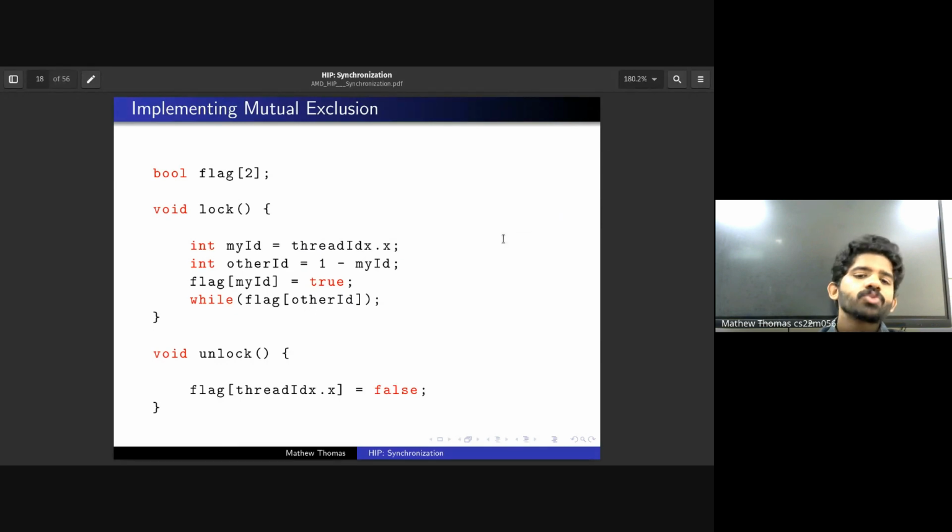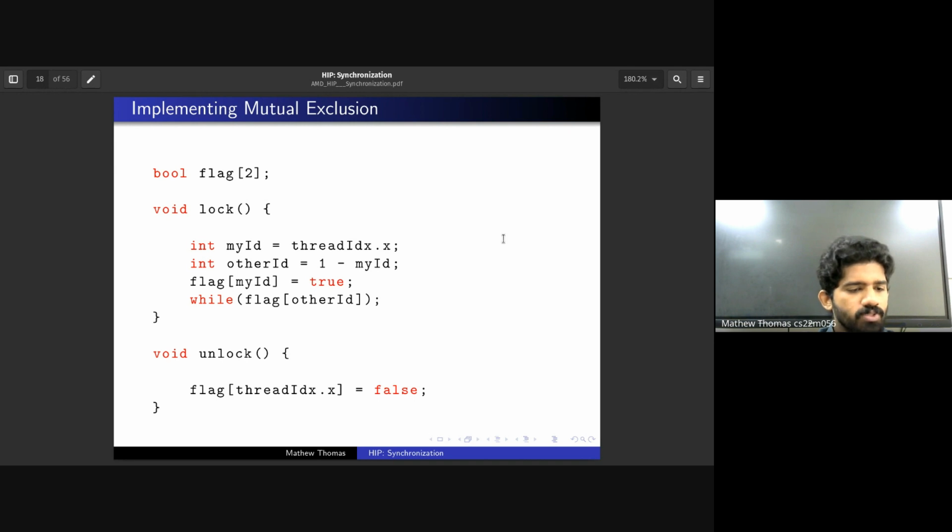The fact is that it can keep on executing the same critical section again and again. Suppose thread 1 executes the critical section while thread 2 is waiting, and thread 1 unlocks, makes the value false, but immediately comes to the lock function again. Before thread 2 can get scheduled, it makes its ID true, and when the other thread tries to,